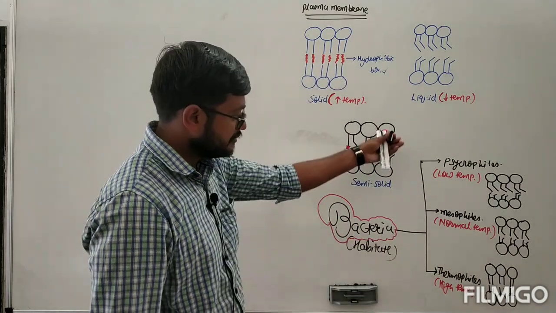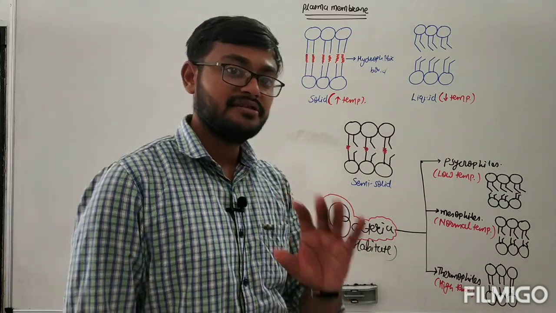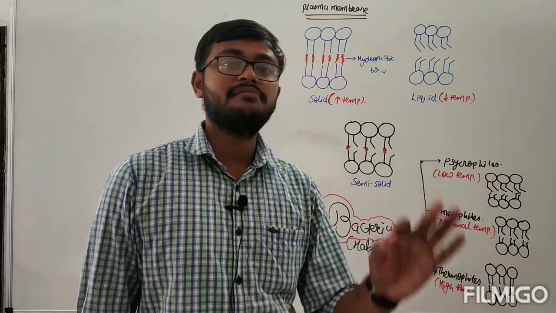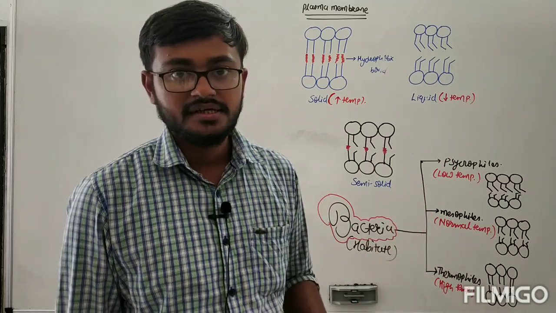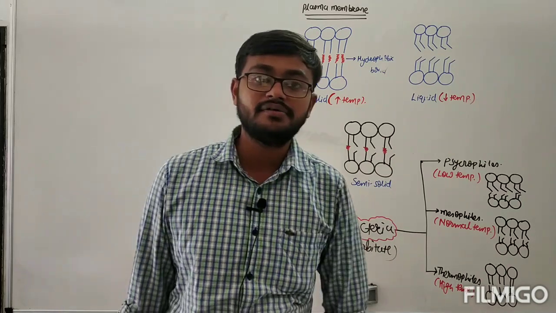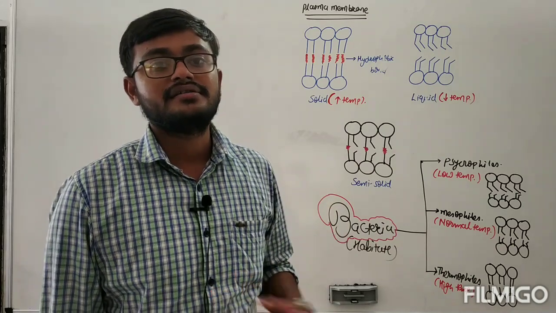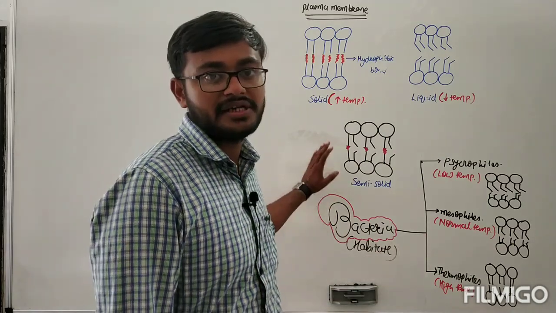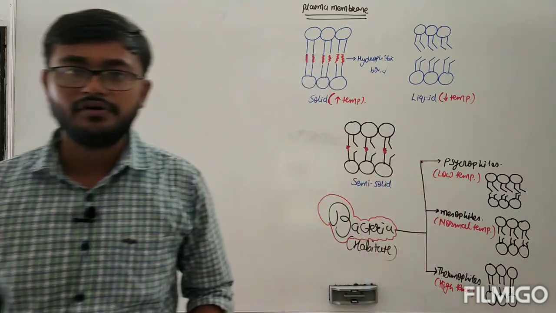So in each of these cases, one thing you have to note down is that whatever the situation, the plasma membrane would remain in a semi-solid condition. So this was the simple structure of the plasma membrane which we have studied here. In the next part, we are going to learn the function of the plasma membrane. Up till that time, just simply refer to it and then we are going to move forward.